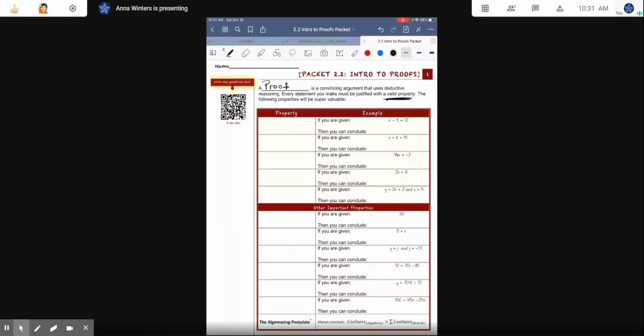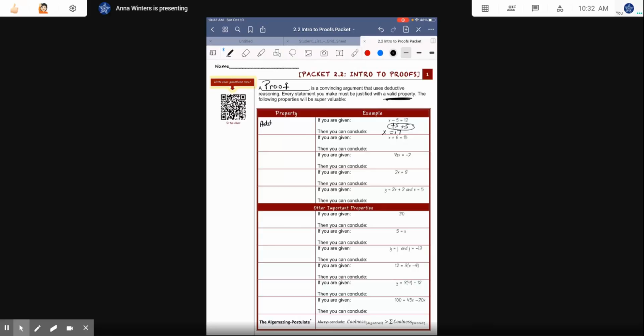So when we're going through our example, we're going to think about how to get to the next step. So in the very first example, it says x minus 5 equals 12. How would I get to the next step? I would add 5 to both sides to get x equals 12. I'm sorry, x equals 17. So here, what did I do? The plus 5 is really what we're talking about. I added 5 to both sides. So that is addition